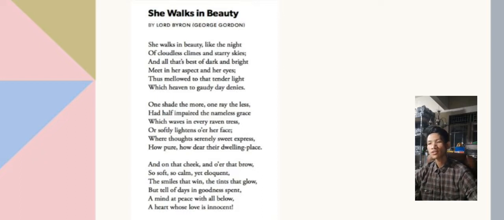And then the second stanza, nuances are apparent in this first line. If she gained or lost only a little of either the dark or light or her nameless grace, or a second religious reference maybe, and as grace is related to Christian ideals, it will be undermined. The first line, split midway and ended by a comma, is an important focal point, for it reflects the delicacy of her being. Her natural grace moves from her waves in every raven trace and then to face which peacefully reflects her in thought, which must be pure,